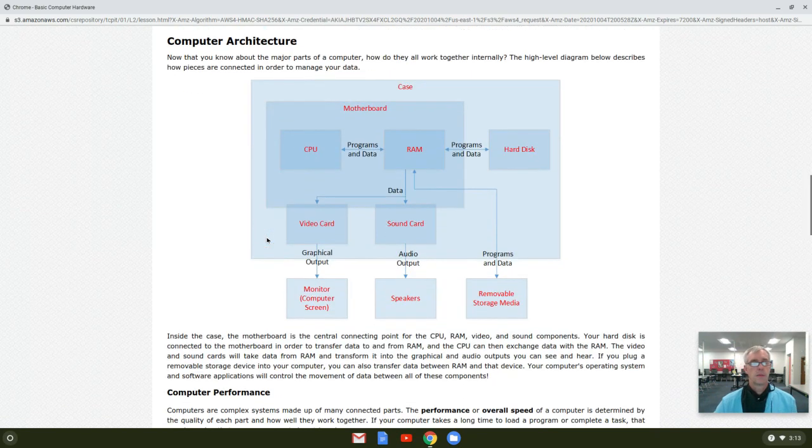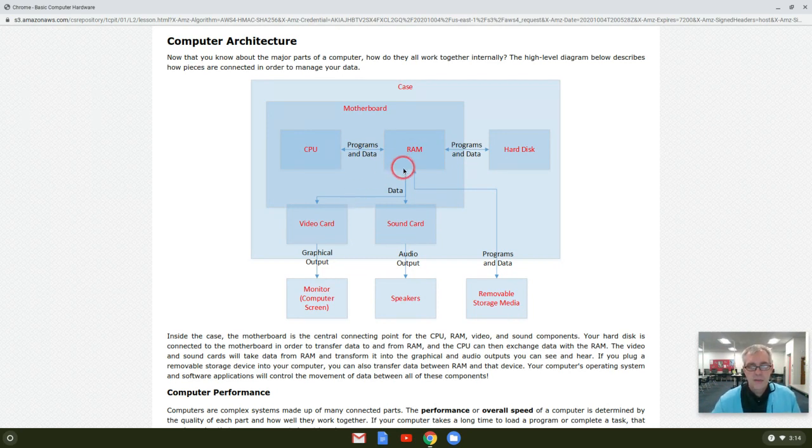And then they're talking about computer architecture. And this is just how data flows through it. Just take a moment and look at this and understand, while your motherboard is the main thing that the RAM and the CPU is on, everything else is connected to that motherboard. And they all go through the CPU, through the RAM. The RAM, that's what's running and managing everything that's running at that moment.